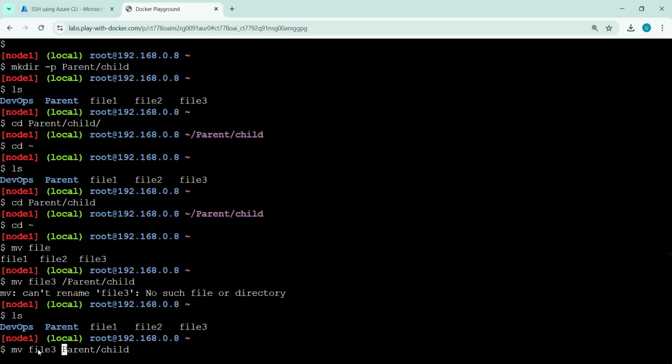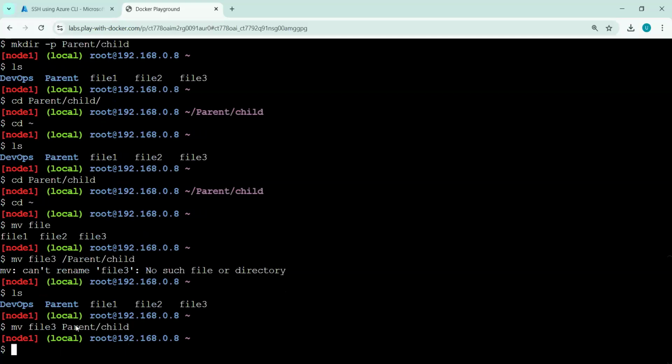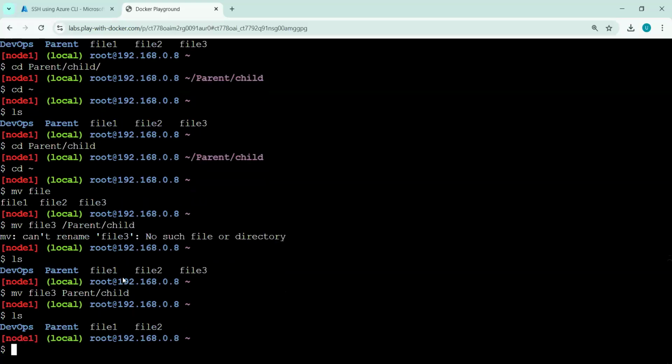So let me remove this slash and press enter. Okay, so this was the issue. I had added a slash. That's why it assumed I want to rename that file, file 3. So now you can see with ls that file 3 has been moved to this path.